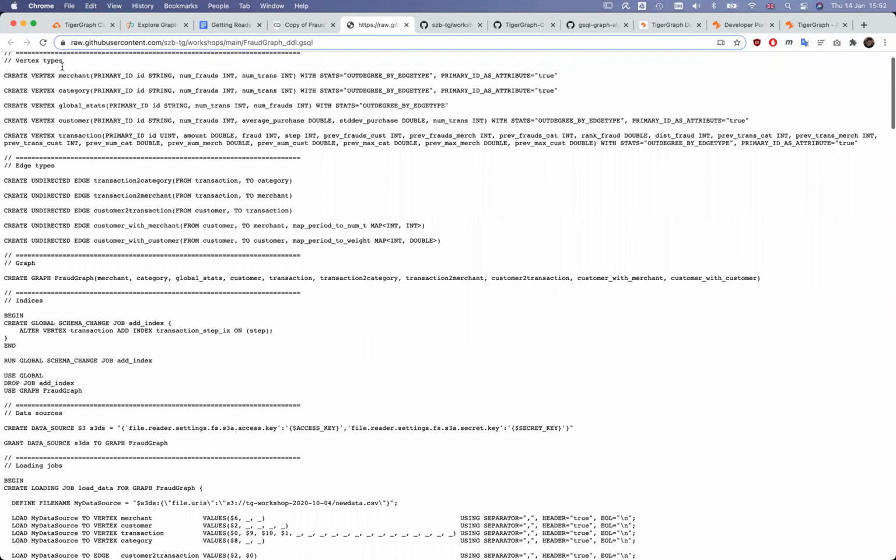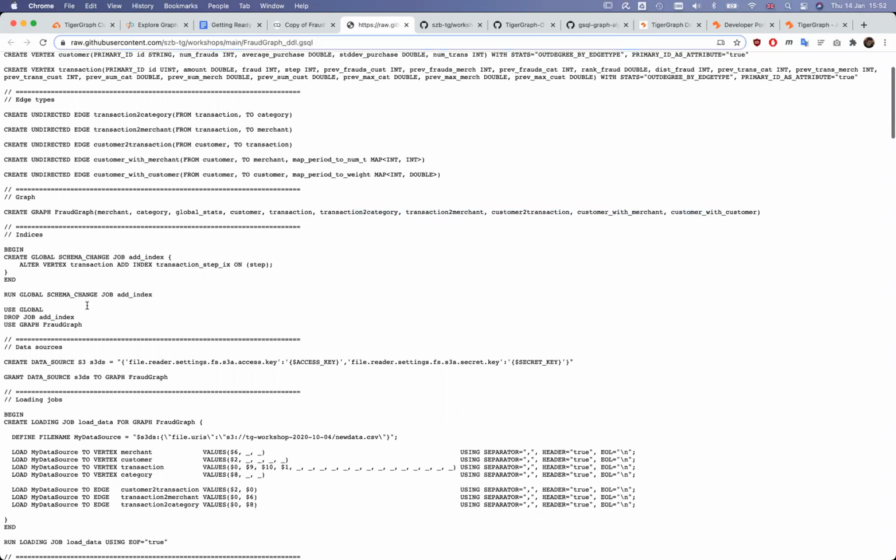After the vertex and edge types are defined, just like in visual graph creation or visual schema design, we create the graph, this time with the create graph statement. We specify a name and list all of the vertex types and edge types that should be included. As I mentioned, you can create indices on vertex attributes, and here is an example of how it's done programmatically.